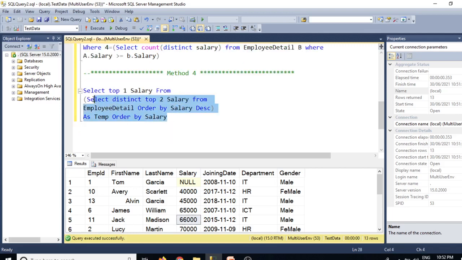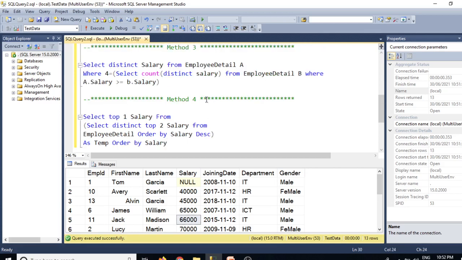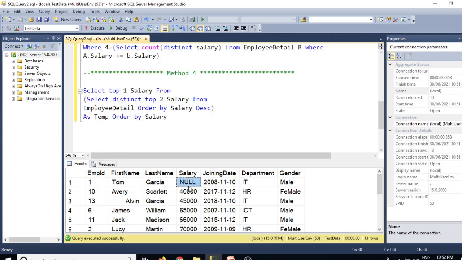Now there is a difference here when we talk about null and non-null values. If you see the previous methods, we didn't consider the null values. For this query it will consider the null value, because we are going to use the top keyword. So what is the change we need to make over here?